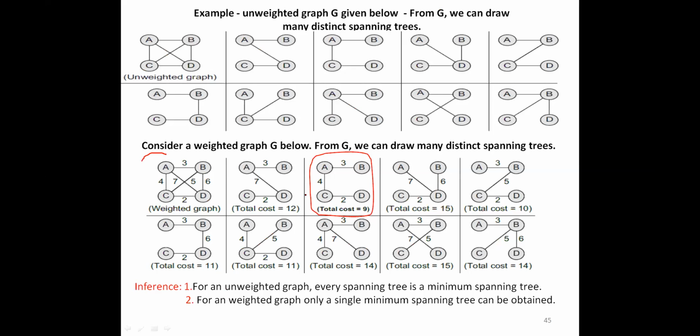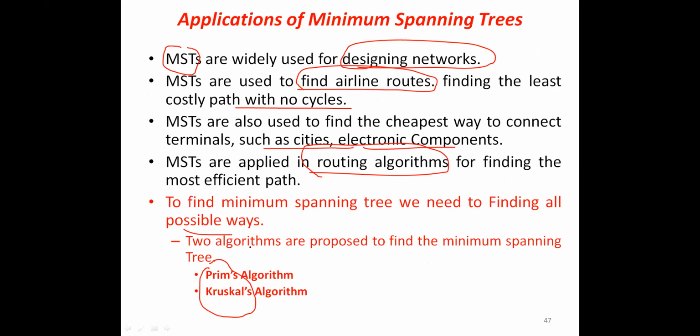I don't want to do it manually for all the spanning trees and then calculate the lowest cost. The solution is given by Prim and Kruskal. These are the two authors. They proposed their algorithms to find the minimum spanning tree. So these are the algorithms we are going to study under minimum spanning tree. When you say spanning tree, we have to tell what a spanning tree is, then what a minimum spanning tree is, tell the definition, then what are the